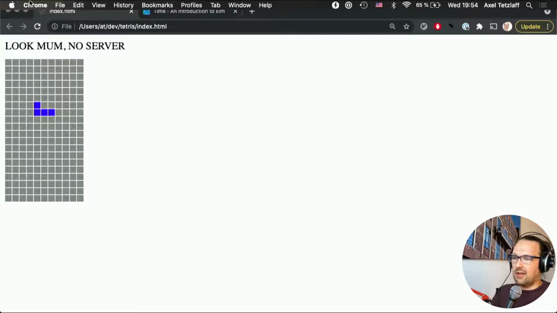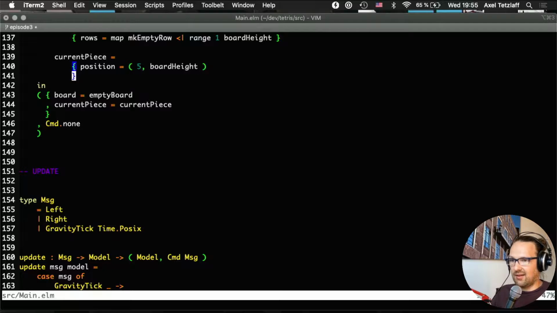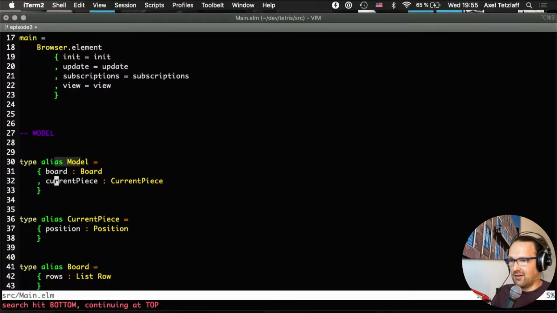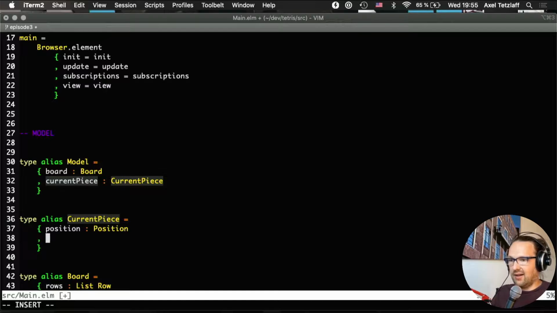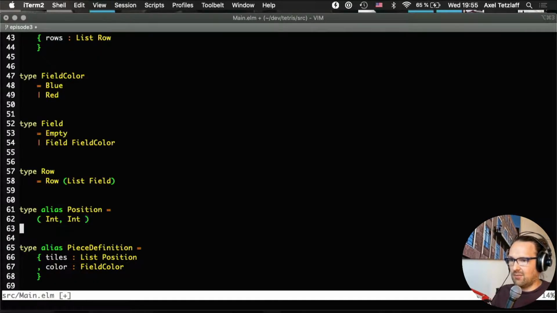So actually, obviously we don't want to just drop L pieces. So eventually we have to be able to change out which kind of piece we're dropping. So I'm going to implement this. Because currently, if we go back to our model definition, our current piece definition is just a position. So obviously we want to have something here. And we already have the piece definition, but